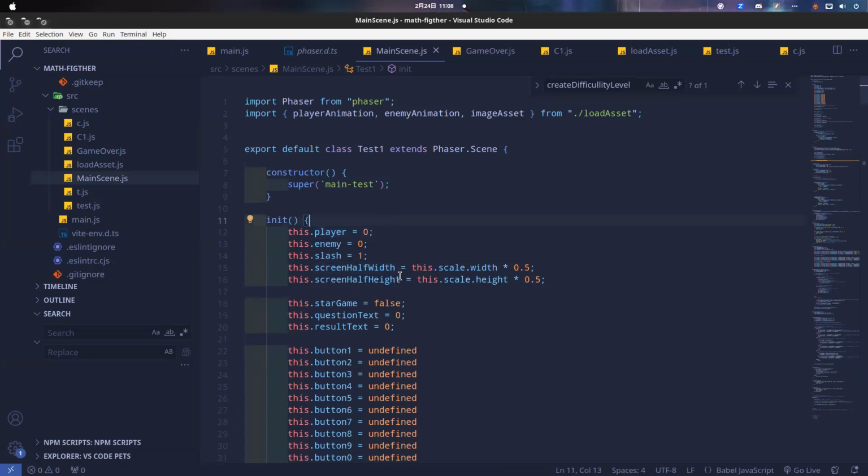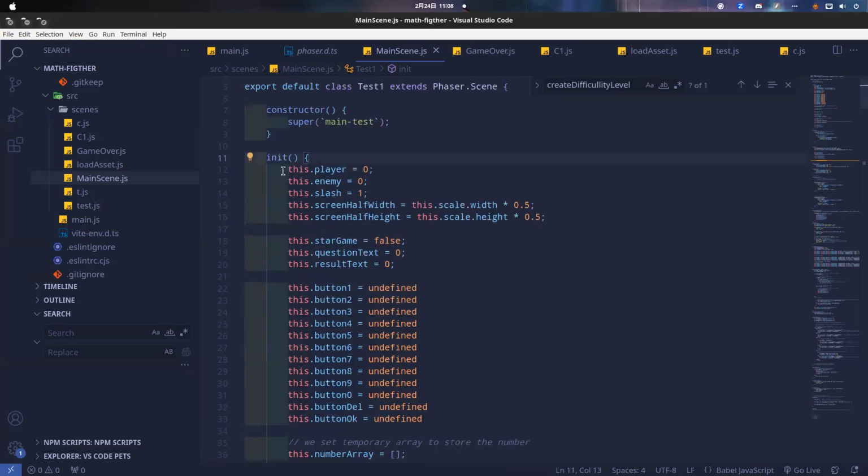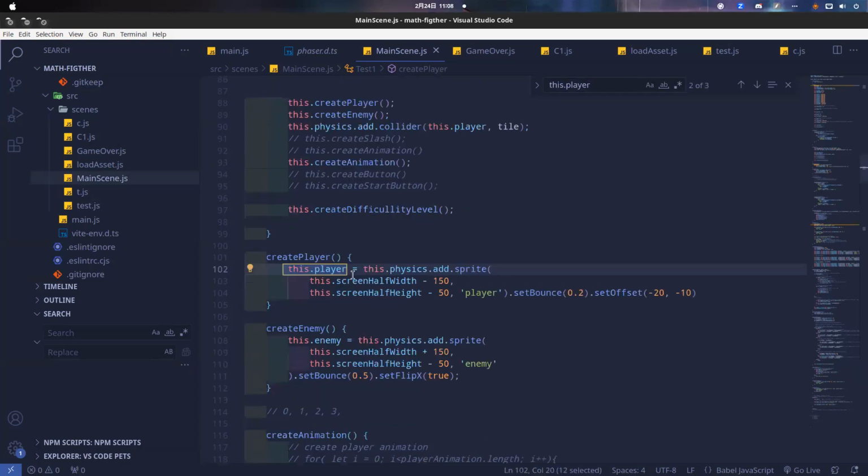So basically, in any method, we just want to use stored properties. If you see this player, and if we find these properties, we have this one. This player has physics and sprite, and this is what we have.